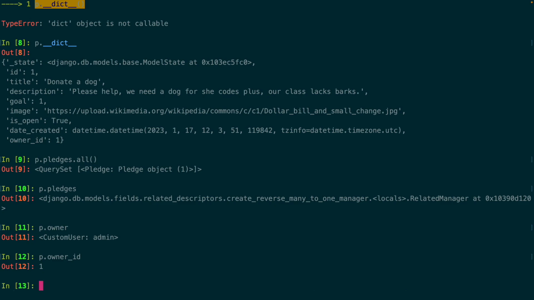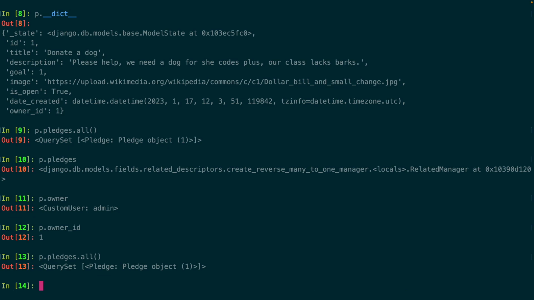My pledge has a foreign key that looks to project. So the pledge has one project. A project can have many pledges. It's a one-to-many relationship between project and pledge. So to get the many, from pledge, I go to pledge.project to give me the project. From the project, I go project.pledges, which is our related name, .all. Because it's a related manager, it's not just one thing, it's going to give me many things. So I go